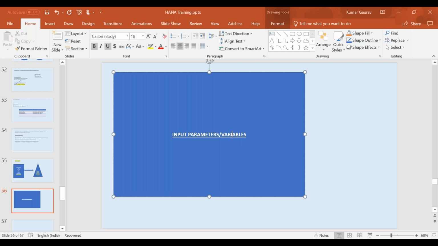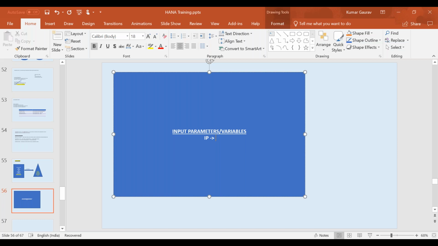All right. So now these two objects, input parameters and variables, we are going to see them in HANA Studio. But before that, let's try to understand the concept of input parameters and variables here. When I say input parameter, I'm going to write it as IP. IP is a very important object in HANA.